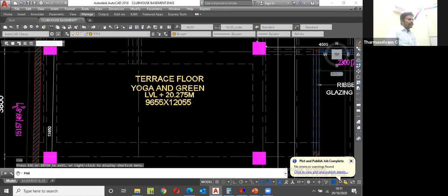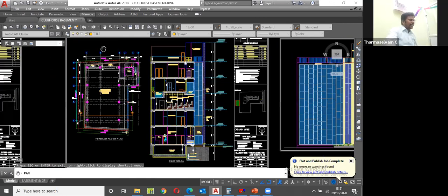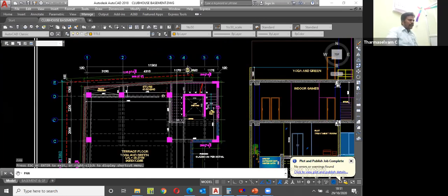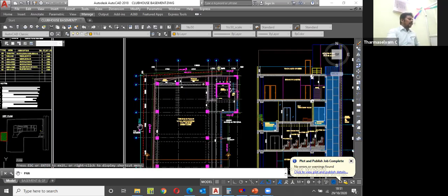Then I am going to see the elevation. Here, first of all, you have to study the grid line. This is grid number 1, 2, 3, 4, 5, 6. This is based on the columns, where they have marked the pillars. Based on that, they create the grid. This is done by civil engineers, and on the left-hand side they use A, B, C, D like that.